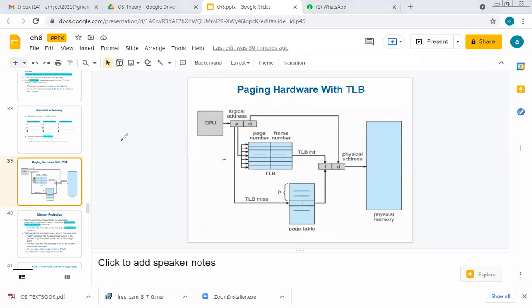Associativity of memory. See, the CPU has generated an address, something like A216, that's a room number, and bench number 8. This is the displacement, D is 8, and the address is 216. So you will try to recall where room number 216 is. Since you are a CS student and daily you sit in A216 or A217 somewhere here, you don't take help from any other person.